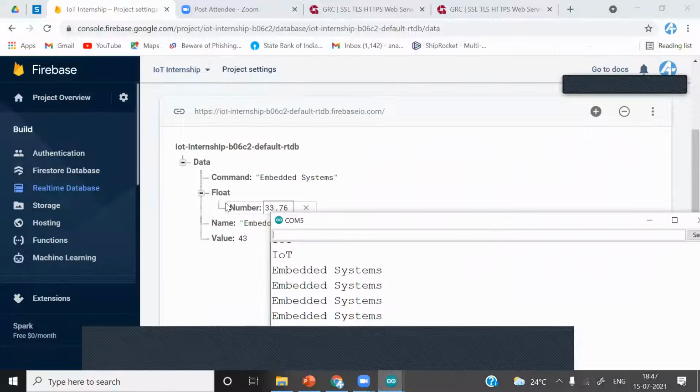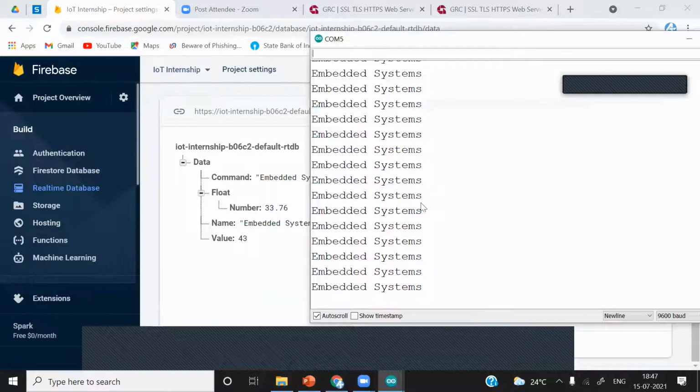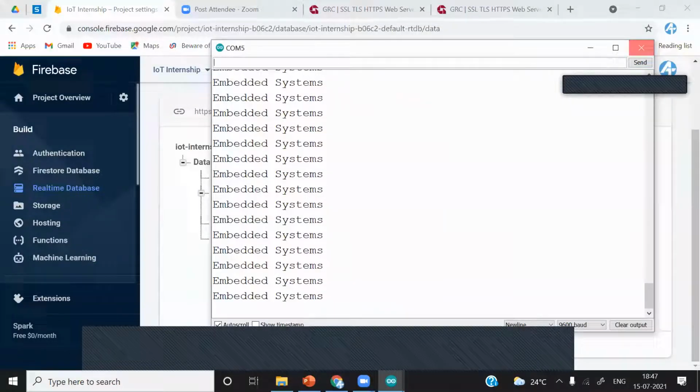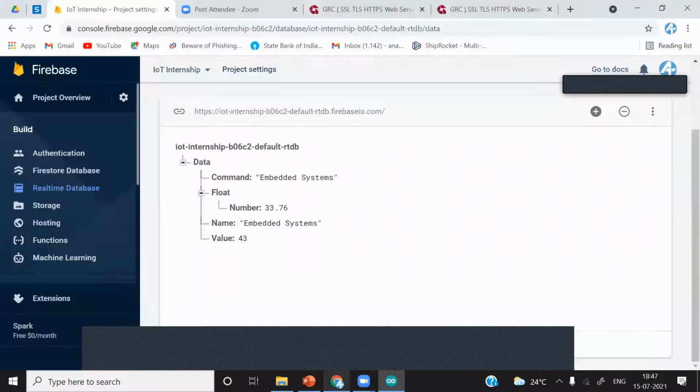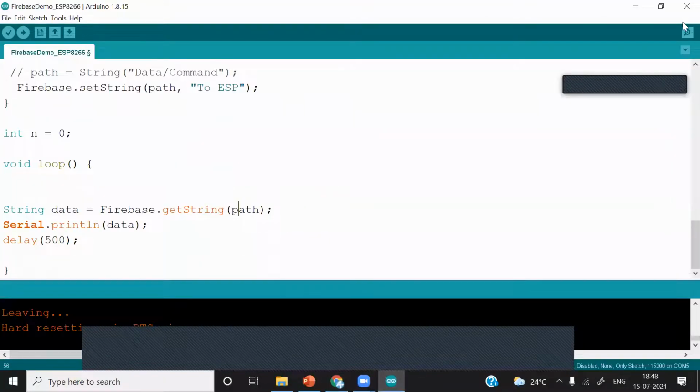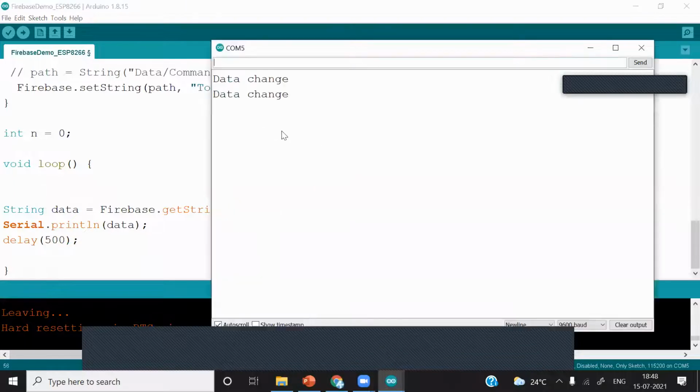Data we are changing in the real-time database, we are fetching back to the ESP8266. You can see it here. I'll change it again. Whenever you change the data, it will read this string. Data change, data change, data change.